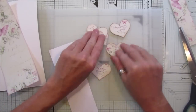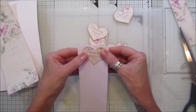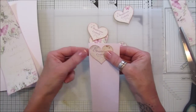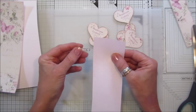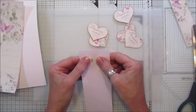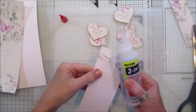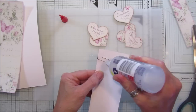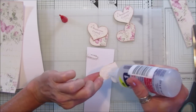I've done all these already. And then what I've done, like I said, I've backed it onto a piece of card, and then I'm going to stick it onto here like that. I'm going to show you how I've done it, because I'm going to do it so it comes from this side. So where's my paper clip? So what I'm going to do, I pop the paper clip on here, so I have the longer bit on the inside, like that, and then I get my 3-in-1 wherever it's gone. This is 160 gram paper, like that. I'm going to pop a bit of glue on there like that, bit of glue on the back of here,